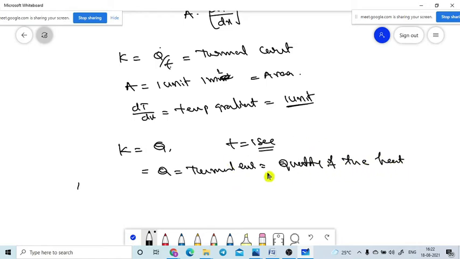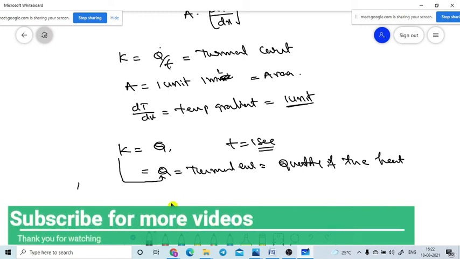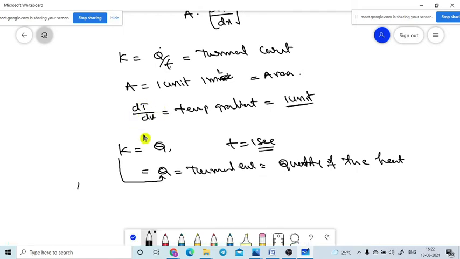I am defining another definition. How can you define the thermal conductivity of the material? It is the thermal heat energy of the material flowing through a unit area of cross section of the material, when the two sides of the slab are kept at unit temperature difference. Otherwise I am going to another simplification.